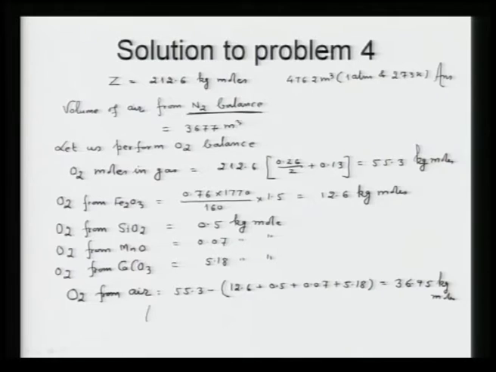Therefore, the amount of air is equal to 3940 meter cube. Now, this is different from the nitrogen balance, but still you should consider that the amount of air calculated from oxygen balance may have error from several sources. First of all, oxygen is reactive. This mismatch could be due to rounding off, or it can also be due to some leakage of the oxygen. So, that is what about the material balance.